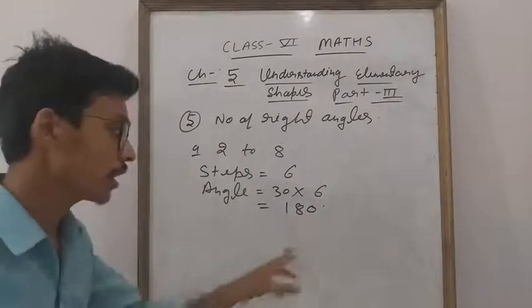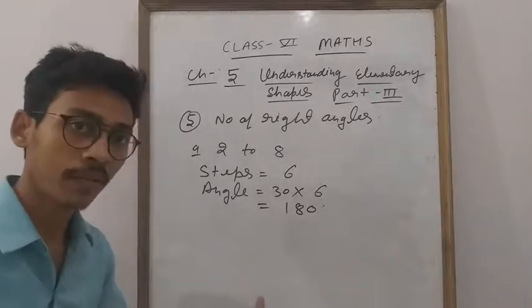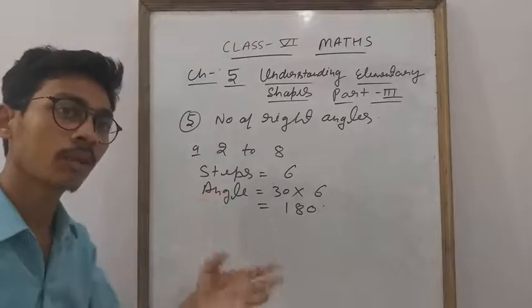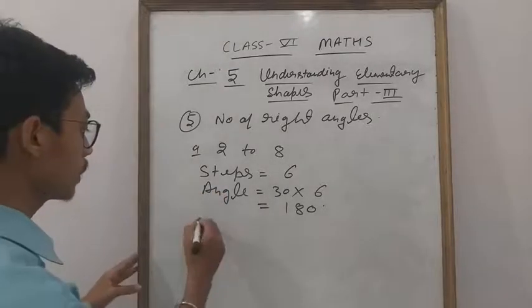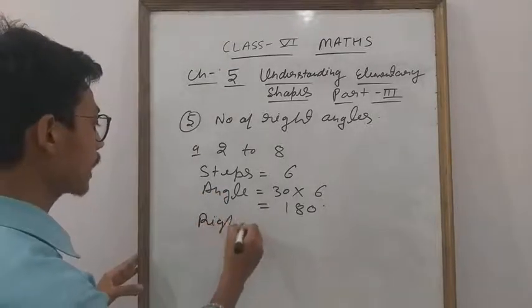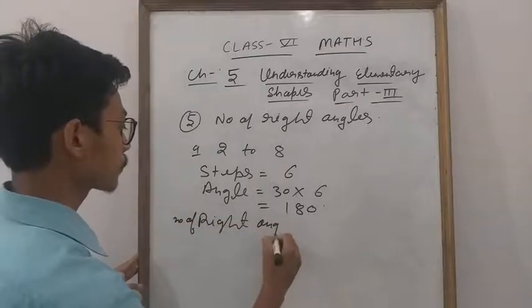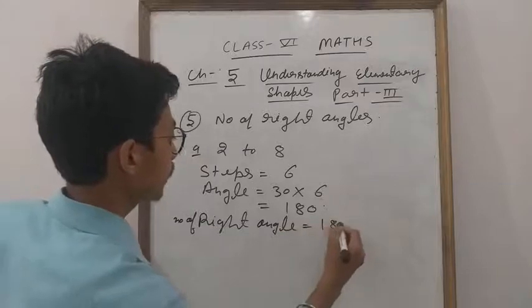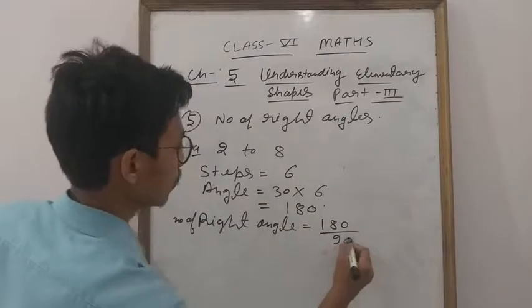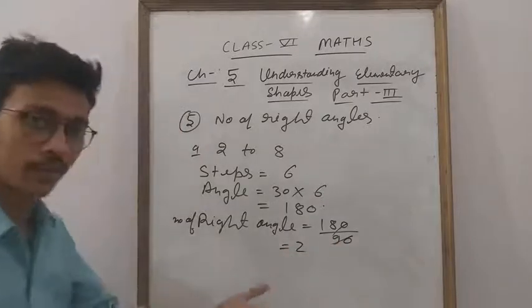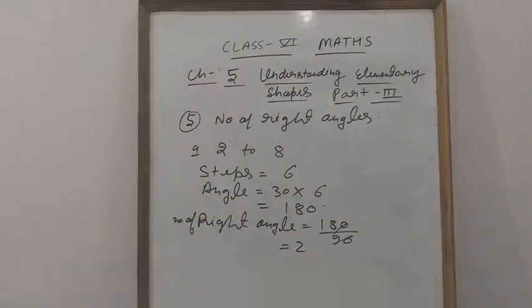अब tell me, in 180 how many right angles? How will you find out? You know that 90 plus 90 will come 180. And 2 right angles. फिर भी if you are facing any difficulty, you can write down: number of right angles is equal to 180 upon 90. Okay, so this will come what? 2, यानी 2 right angles. बस, this is very easy. If you have any confusion about how many right angles it is, what you will do, you will divide it by 90, then you will find out.